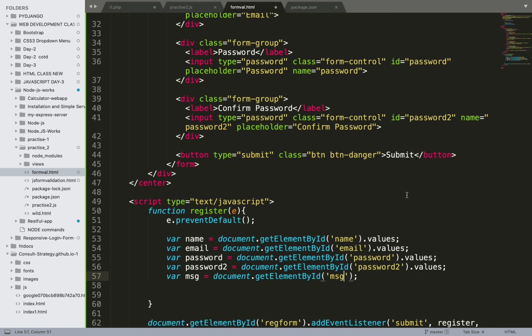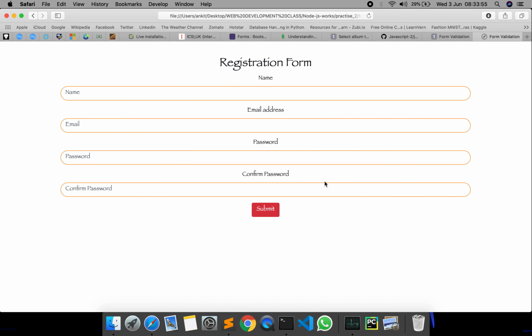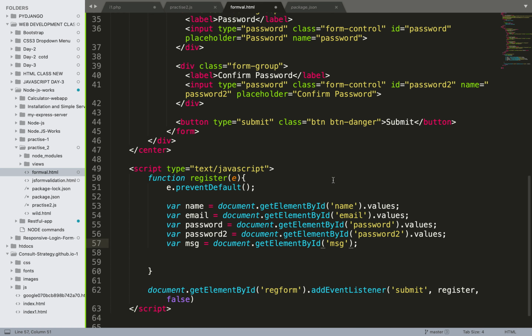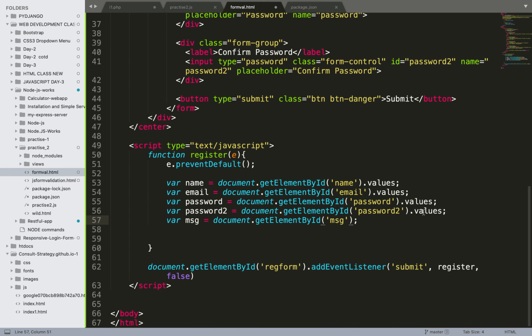Okay, for message there was no input like message. It was just the id. It was of a div class id and it will show us the alert. Fine, so I haven't mentioned dot values over here.